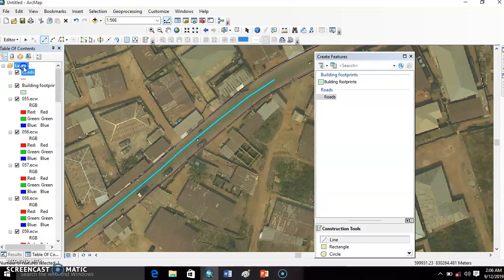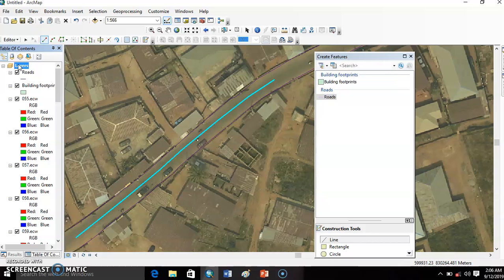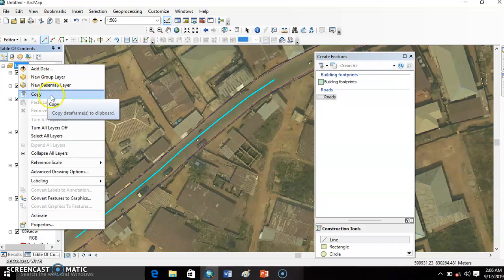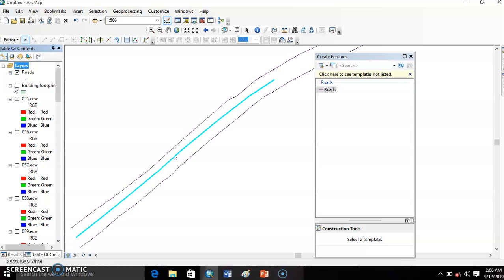When you have your data now, you can close all the data and you can start your design. You can close all the data set, and make only your road layer and your building layer available, and then you can do your design. This is a veritable source for data set, and that